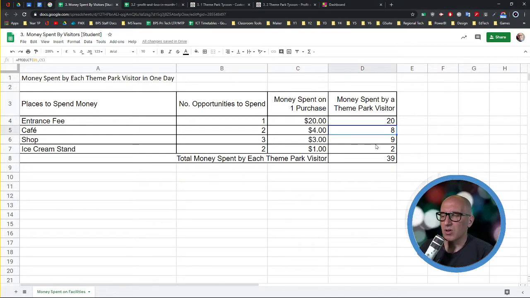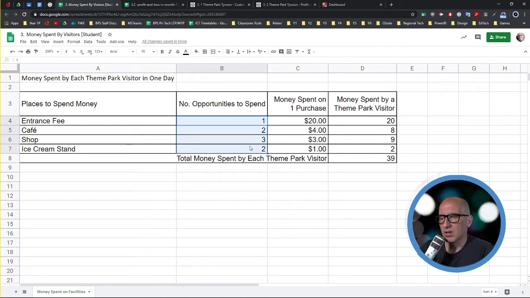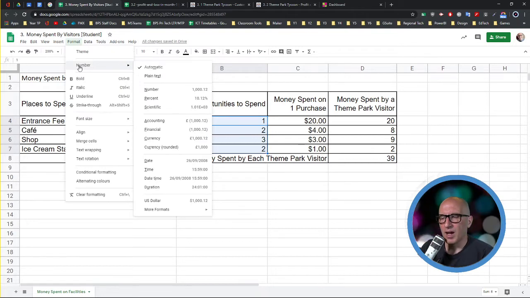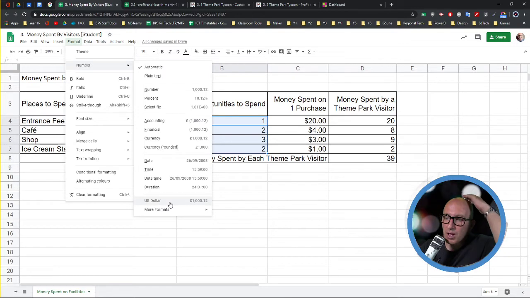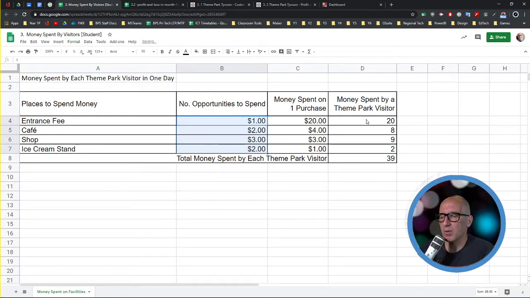these cells with these values in. So what I'm going to do is I need to go and change these cells into proper formats. So I'm going to go to format at the top, and I'm going to go to number, and then in there towards the bottom you can start to see that I've got US dollar, and I've got some currency effects here. So if you want to go into pounds, you can go into pounds if you want. You can check it all out. I'm going to go into dollars, and I'm going to change that, and then I'm going to do the same